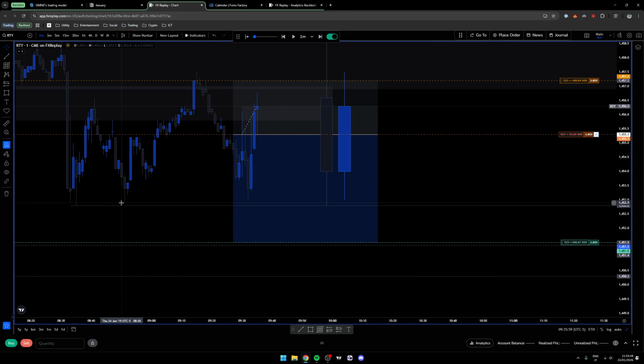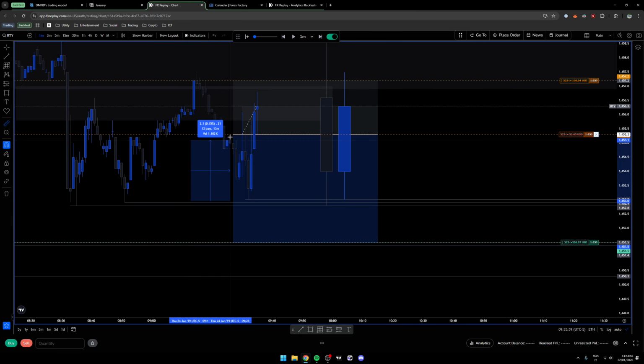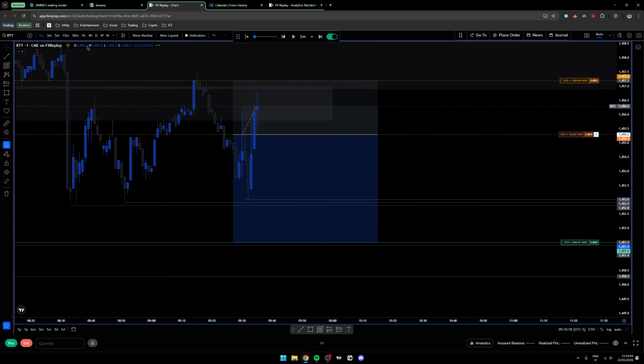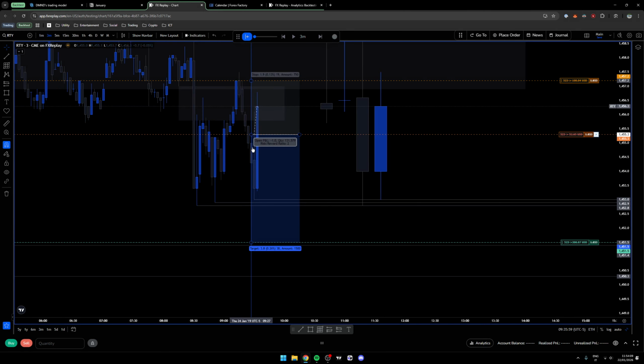Would you expect price to come back to our entry? It already retested this. We should expect lower. So super discretionary, but whenever you trade the manipulation leg like this, in my opinion,